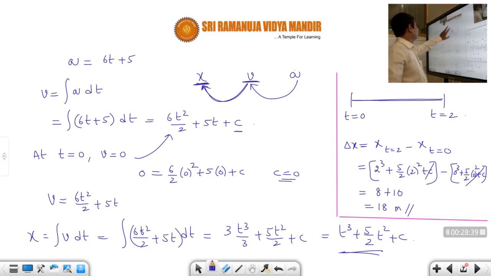Basically they gave acceleration and they are asking x. So we cannot go directly to x. We have to go in between, that is velocity. First we have to calculate velocity, and then after calculating velocity you can calculate the position, and from position you can calculate displacement. But now here displacement and distance are same. Why? Because the body is traveling in a straight line without taking any U-turn. Only if the body takes a U-turn, then there is a difference between distance and displacement. But as long as the body is not taking a U-turn, both are one and the same. Okay, students. So therefore here displacement and distance are same.